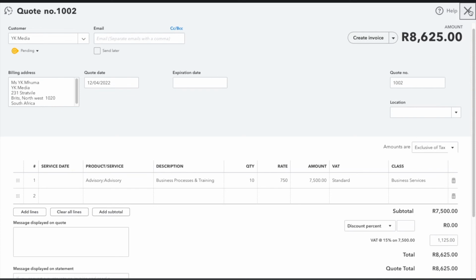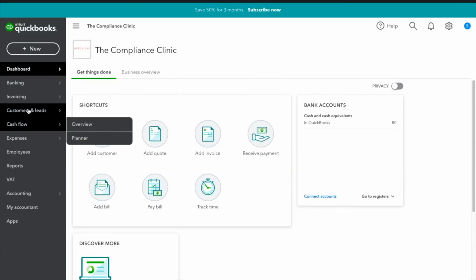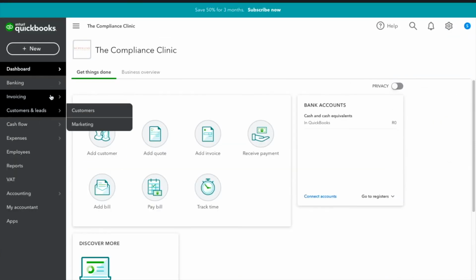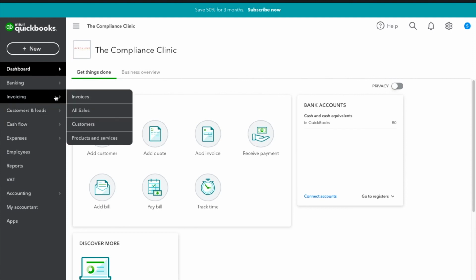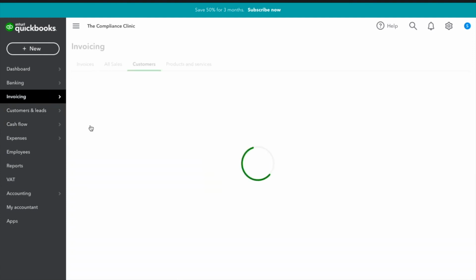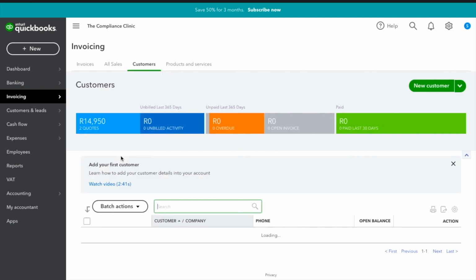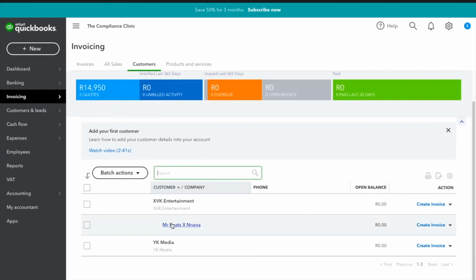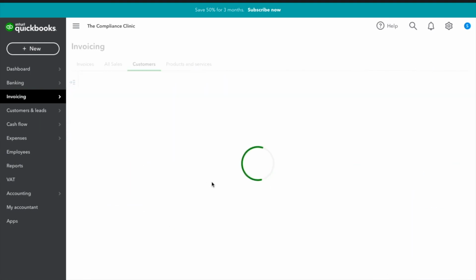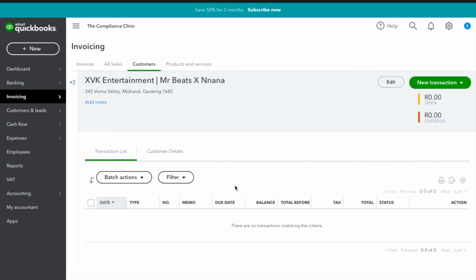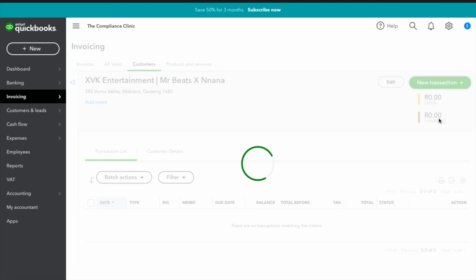So you'll close, and then the other way you can add a code, you go to invoicing customers, and let's click on Mr. Beats Banana. And you're here and it says new transaction. So you'll click on the little icon on the side, or little drop down icon, and then you'll say quote. So you'll do that,